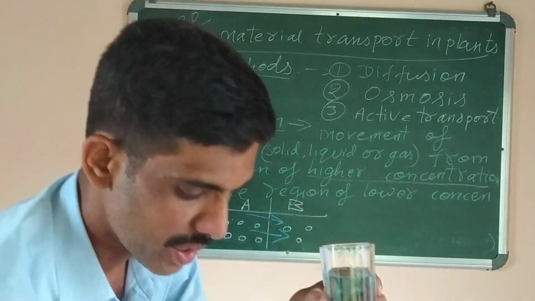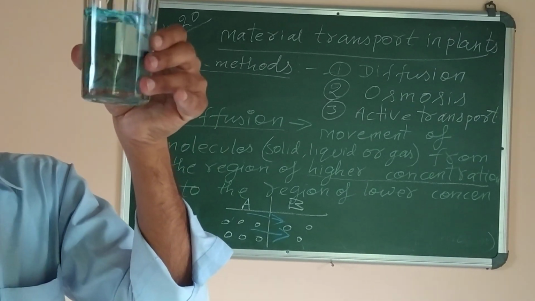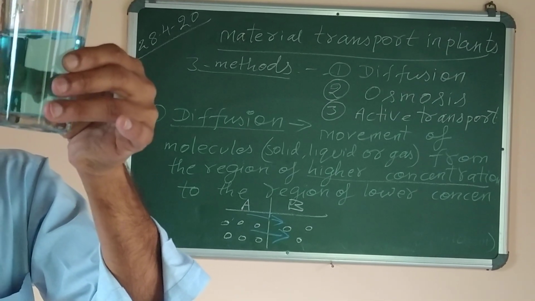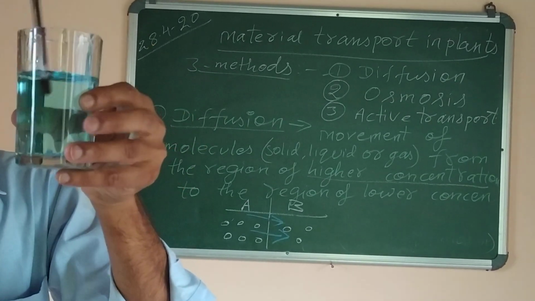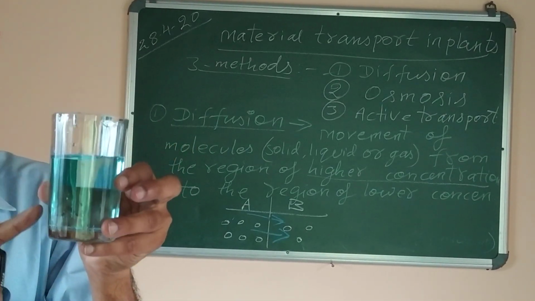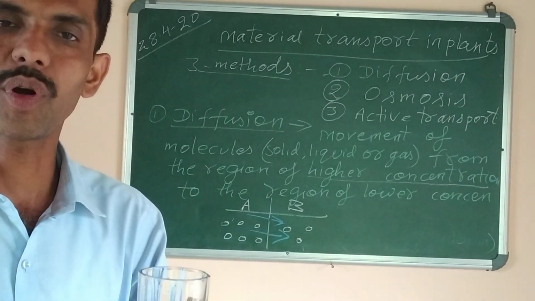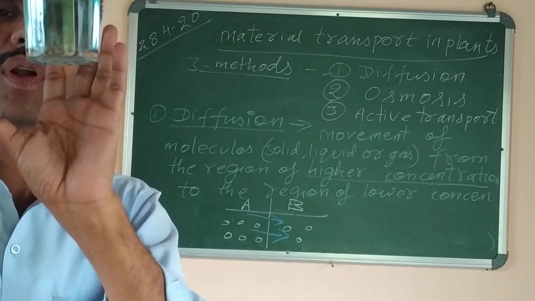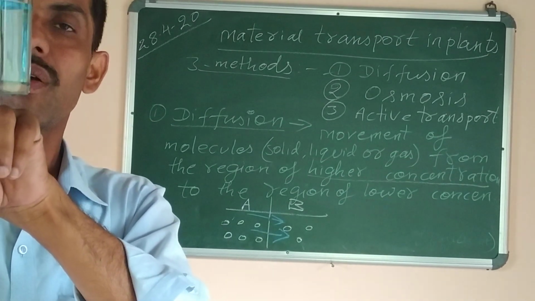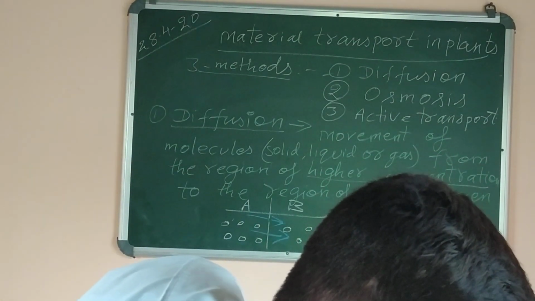Now I will stir with the help of this pen. When I stir this solution, now see, the entire liquid has diffused. Diffused means uniformly distributed in the entire glass. So hope you have understood this technique of diffusion, that the ink molecules have uniformly spread in the water. Now you can see the entire water is colored. Uniform color is there. Not like the previous one where some parts were very darkly colored, others were lightly colored. So hope you have understood the process of diffusion.